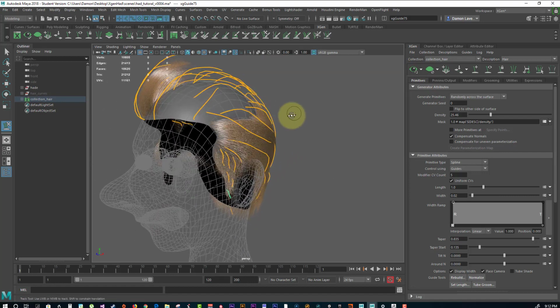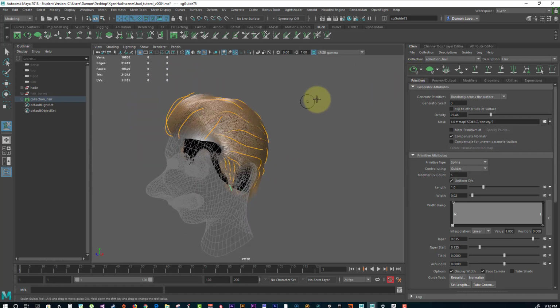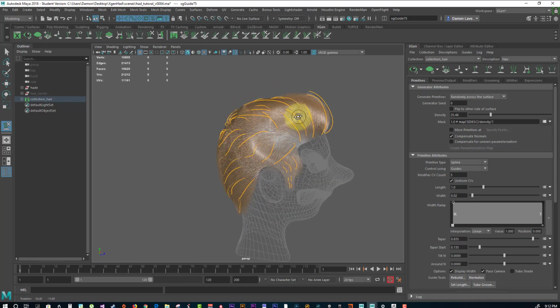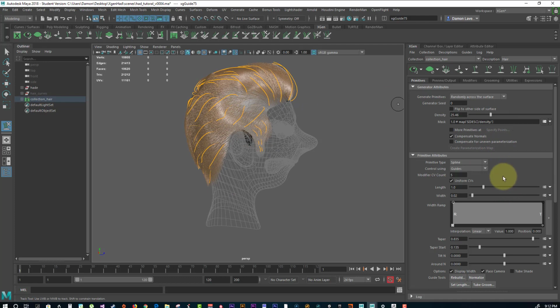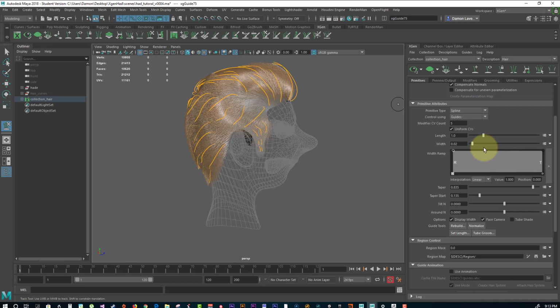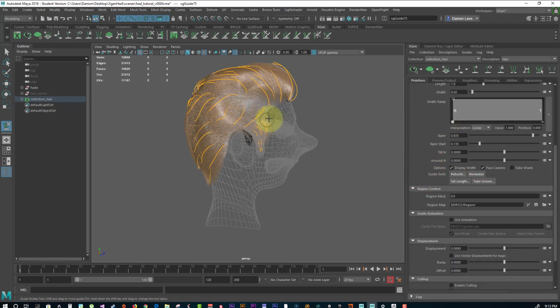There we go. That's better. Alright. Now that we added the guide, I got a parting in the hair here that I want to control. To do that, we need to basically paint a map in an area where we create regions. So we can create regions of hair that each will be parting away or going in a certain direction. To do that, we're going to go down to the region control, and where it says